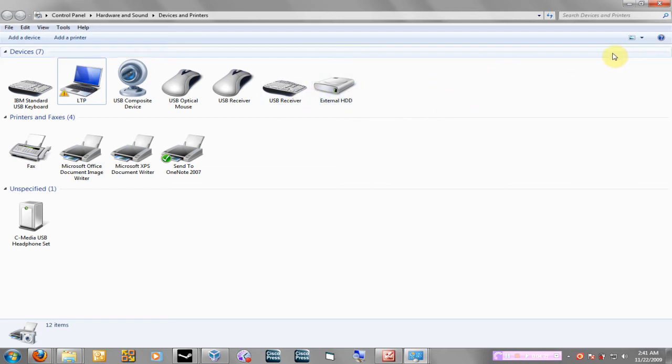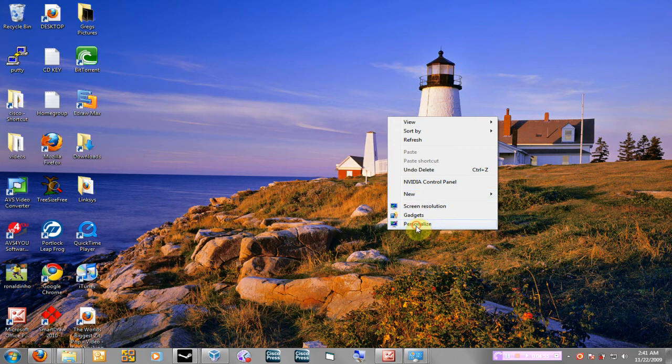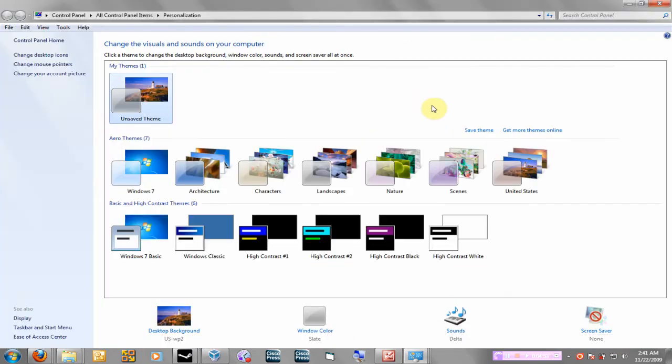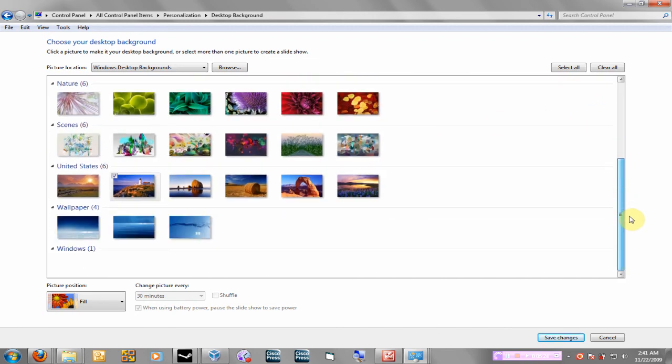Another nice feature that it has is the backgrounds. I really like the backgrounds and themes. I'll show you. For example, if I right click on my desktop and do personalize, I have all these cool themes to choose from, and you can choose the desktop background to whatever you want it to be. And these themes are really catchy. For example, if I wanted to use the pictures that I have on my computer as my background, and the cool thing is you can even make it a slideshow. So if I click on this over here, let's